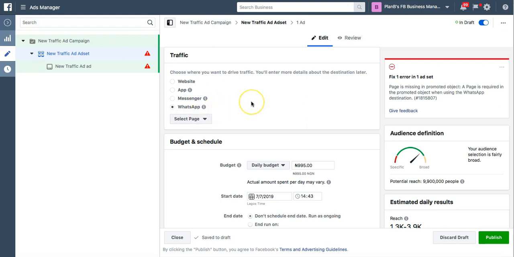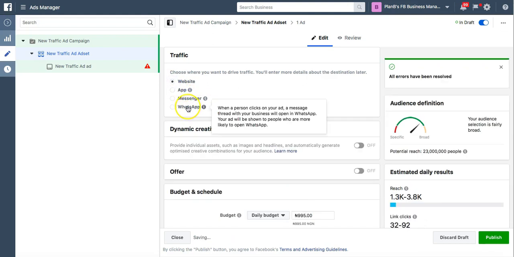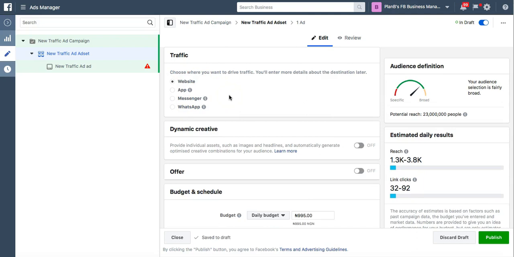So if you are doing link copy, you will still choose website instead of WhatsApp. You will still choose it because you want to use a link. So when they click on that link in your advert, they will just go into your group directly. So you will still choose website. Now moving on,